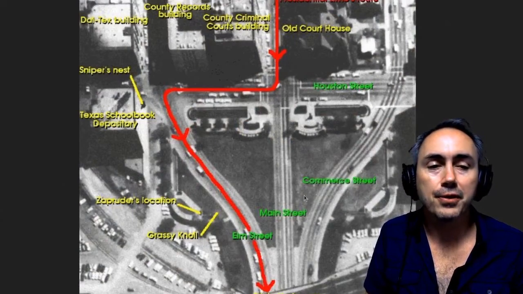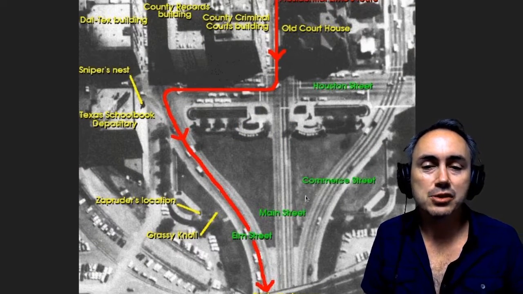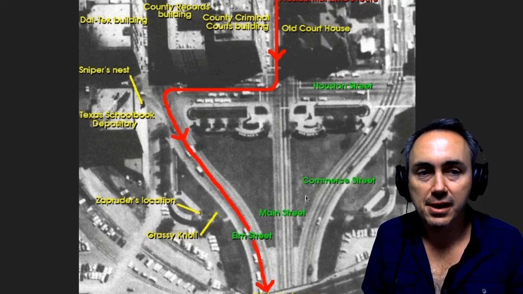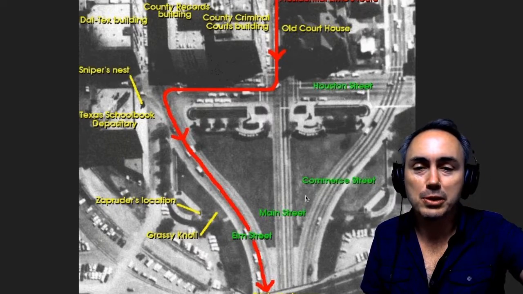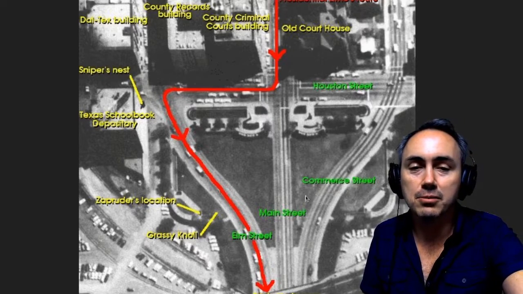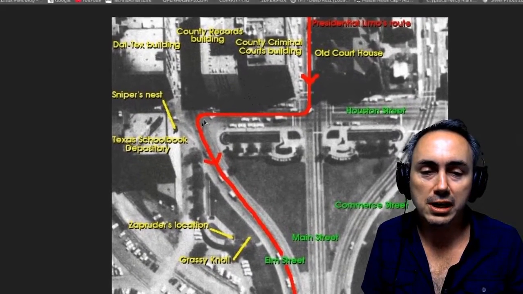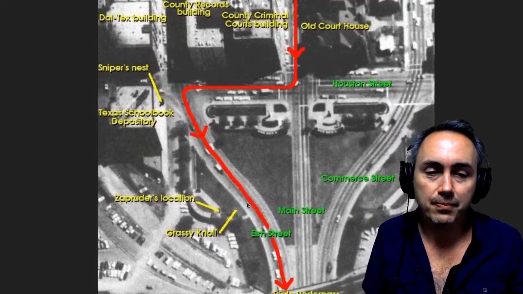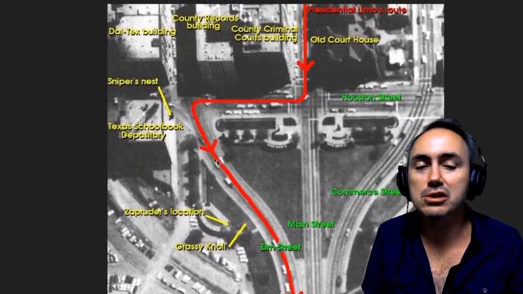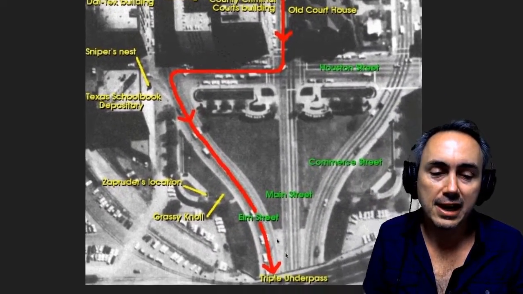And here's an aerial photo of Dealey Plaza back then in 1963 and what that looked like. And this route has actually been changed very recently by the Secret Service. And see, I think he was supposed to originally go a completely different route than this, and they changed it so that he would have to come to a very slow stop right here in this corner in order to make that more than a 90-degree angle turn. And then for whatever reason, the Secret Service driver was driving very slowly down this lane, very slowly.